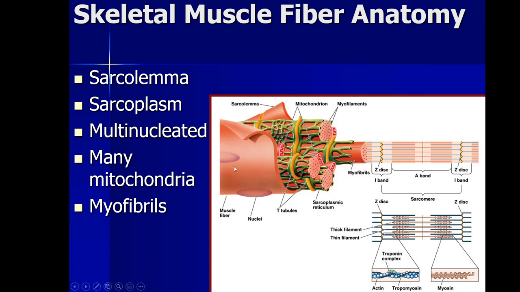As we said, skeletal muscle cells are multinucleated. You see the many nuclei here. There's lots of mitochondria. Remember, mitochondria are important for energy production, for ATP. So you need lots of energy in skeletal muscle, so there's lots of mitochondria. And then, like I said earlier, you have these tubes called myofibrils within the skeletal muscle cell. All right, so just to recap, you got the sarcolemma. Everything inside the cell is going to be the sarcoplasm. Lots of nuclei on the outer surface of the cell, lots of mitochondria, and you have tubes in here called